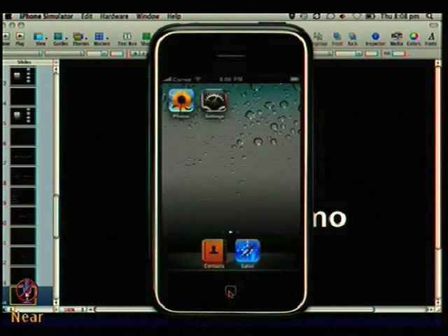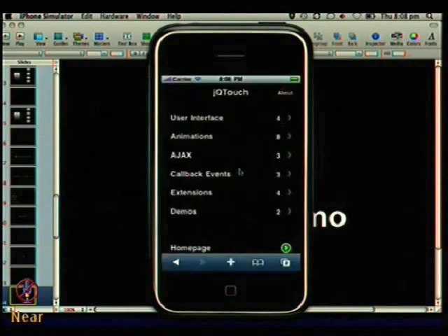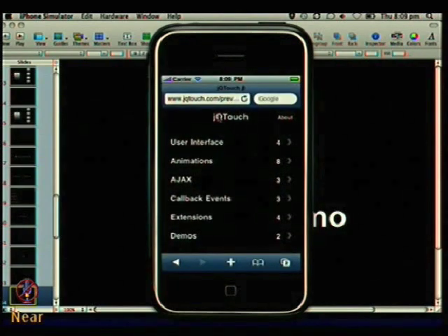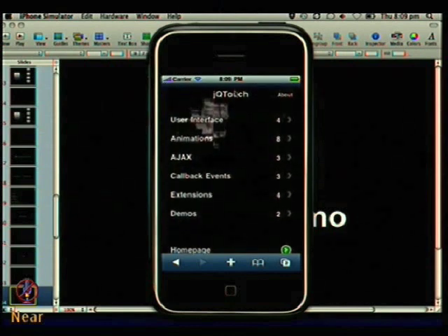So if I click the home button, it's just got a few apps. Normally if I was building a native iPhone app, I would build my app and it would be installed in the simulator and I could play around with it. But in this case, I'm just using mobile Safari that's already built in. And in particular, I've just gone to the jQTouch website to look at this demo. So this is running straight off of their website. And like I said, it's a little bit dark, but